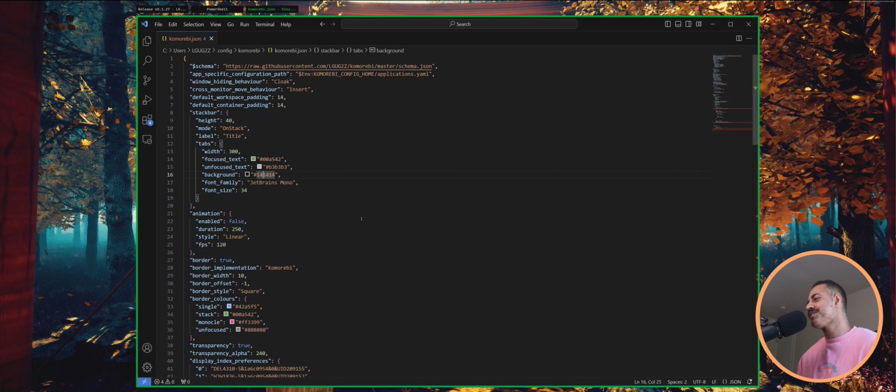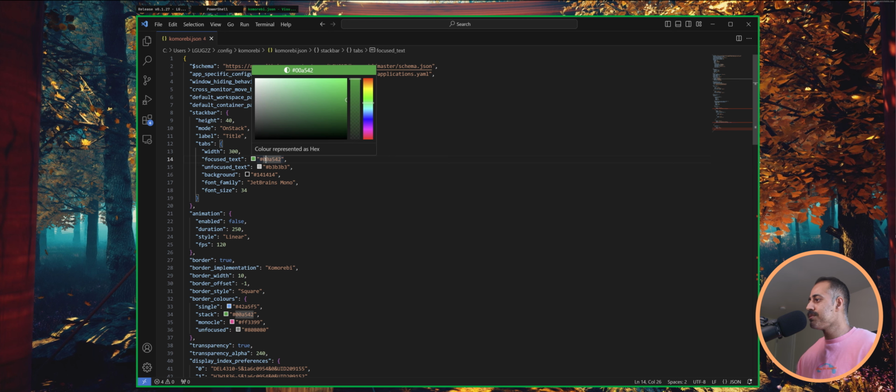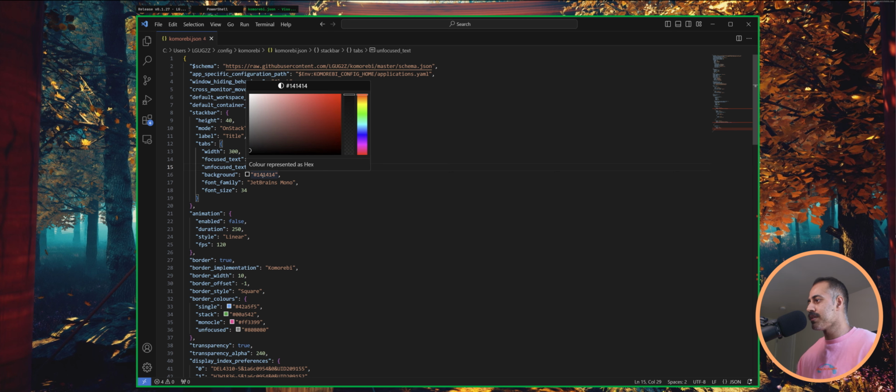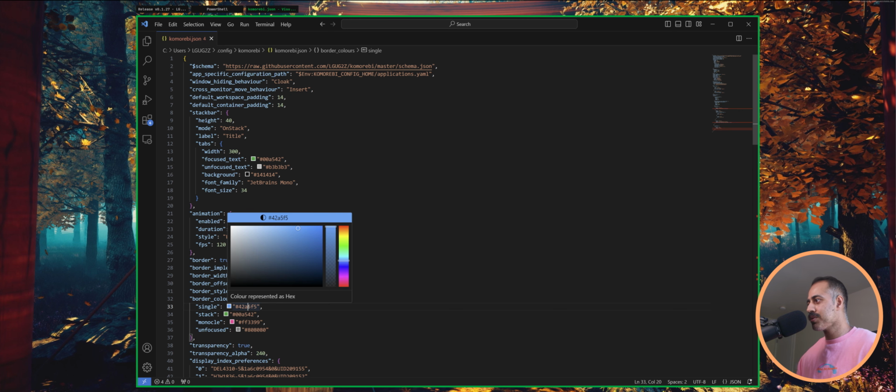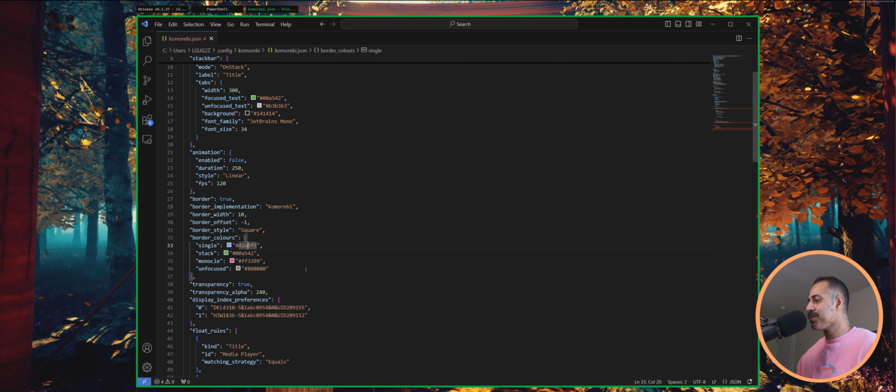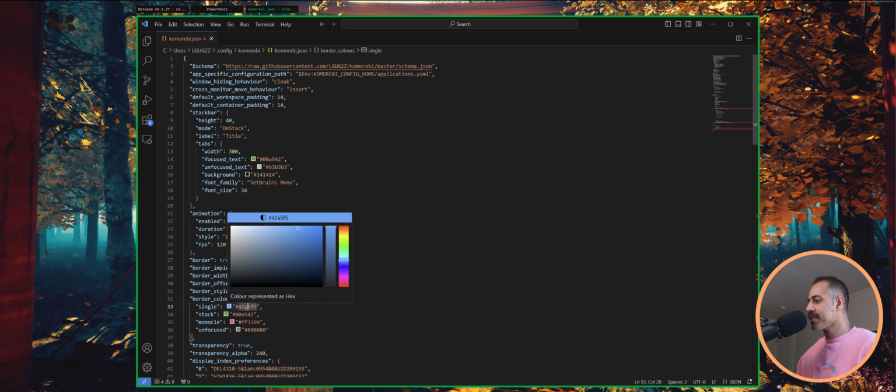annotations. I don't know, basically you add an annotation in the JSON schema, which is automatically generated in the context of Komorebi. And now when you hover over any of these hex strings in like your border colors or your stack bar configuration, you're going to get this nice little pop-up, which will show you the color and also let